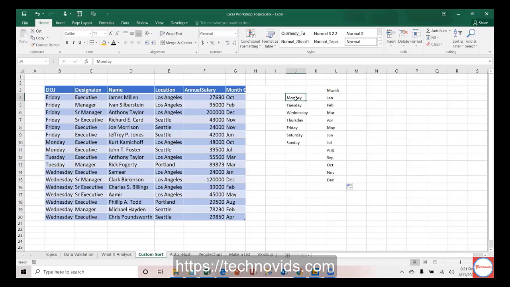And is there a way I can sort this way, January instead of Friday, Monday and all those things? That's how I have sorted right now. It is sorted A to Z. Wednesday is a W. So let us add some missing things also here, so that we can understand. I'm just changing the data in some cells here. So Thursday, and what else? Saturday is not there. Let me add some Saturday here.